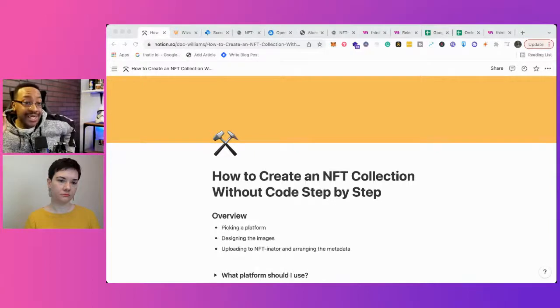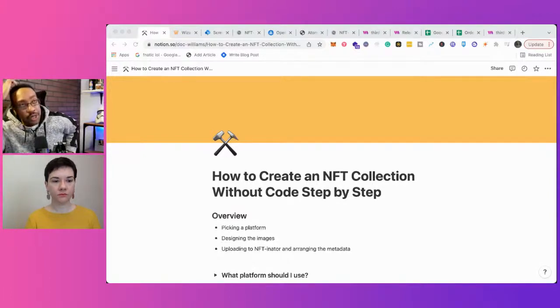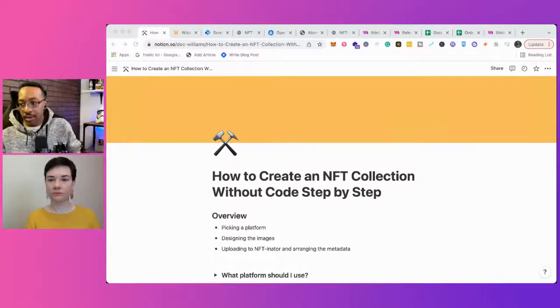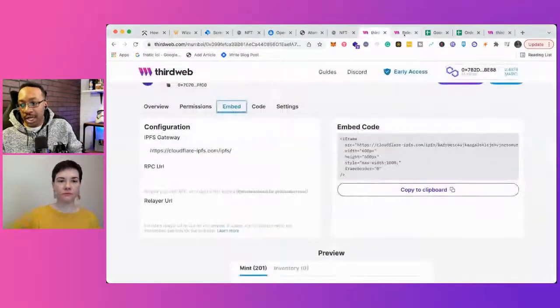By the way, one last thing, I think people just don't know how powerful what NFTs are going to allow you to do, or how you can increase your engagement with your community. With Third Web, you can even have